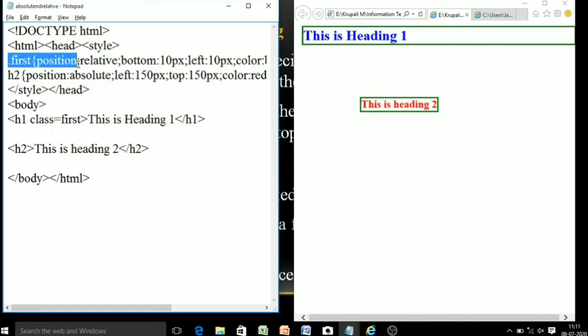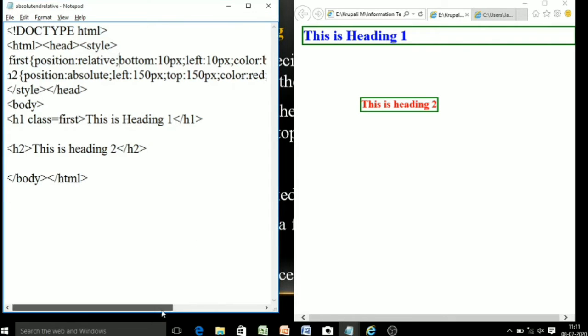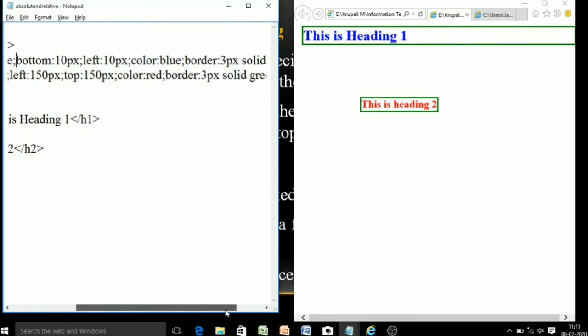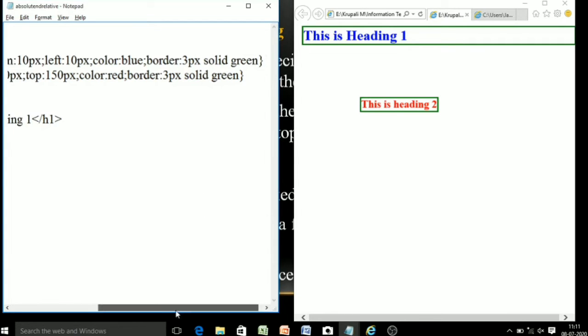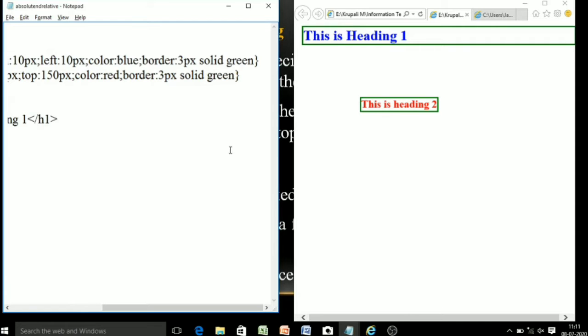Then in curly brackets, position value is relative. I am creating relative positioning here. Then semicolon, bottom value 10 pixels, left value 10 pixels. Then color blue for the text, border 3 pixels solid with green color, and curly bracket close.